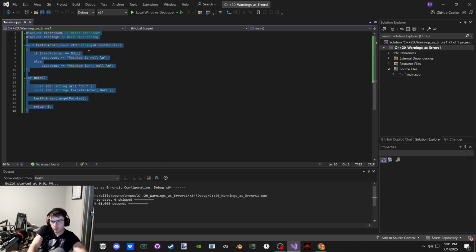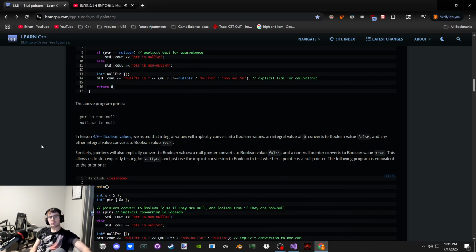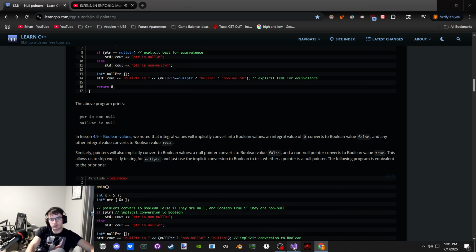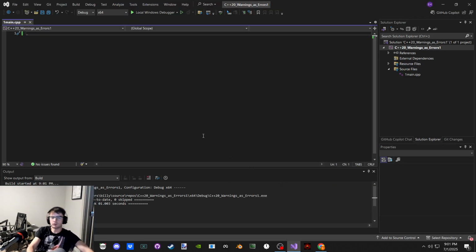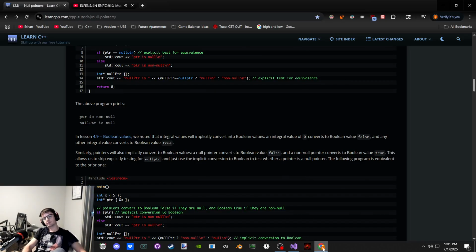Oh, we're just defining null to 0? Dude, it's the same as value initialization, yeah. We could just check if the pointer is 0. Well, it's the same as value initialization, we know that. I did value initialization earlier. Let me make sure, though.